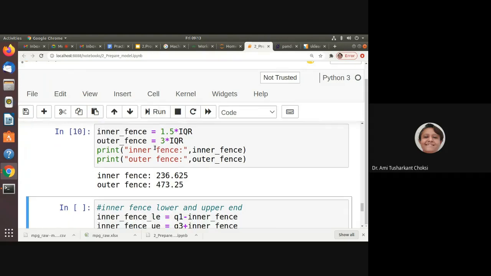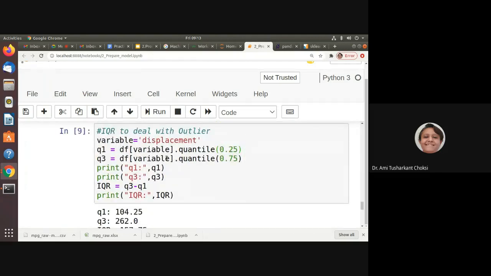Run this. So we have a few values. If we change the variable here, then it will change for all other values. Whatever column you want, that column is available here.